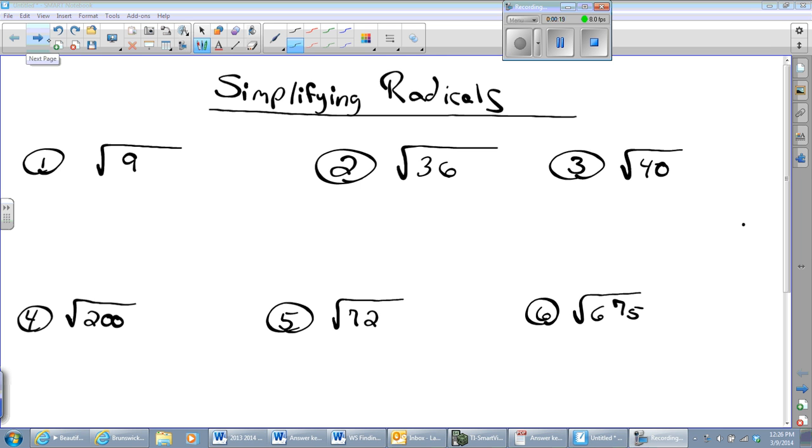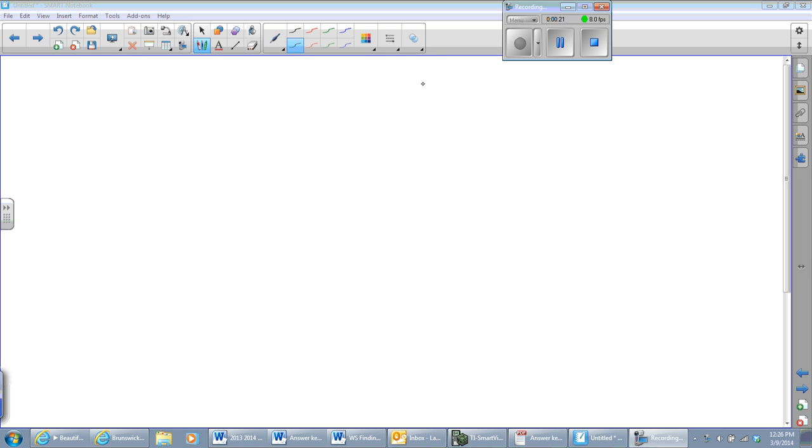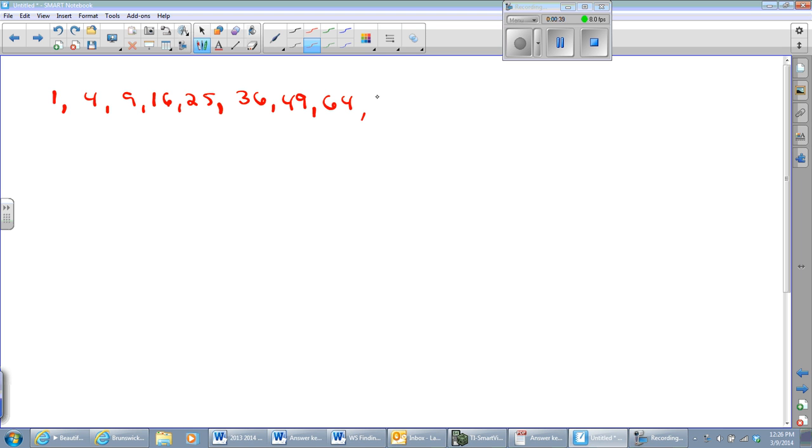Before I do this, I want to make sure I'm good at knowing my perfect squares. I really encourage you to have memorized these if you haven't already. I mean, 1 is a perfect square, 4 is a perfect square, 9, 16, 25, 36, 49, 64, that's 8, that's 9, 81, 100, 121,